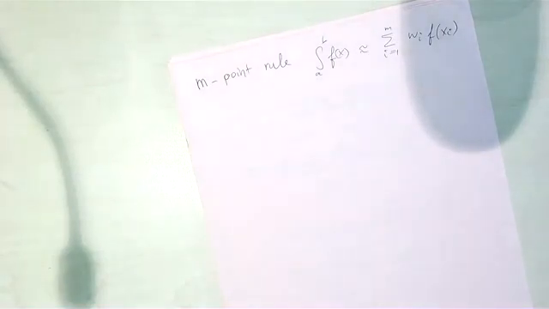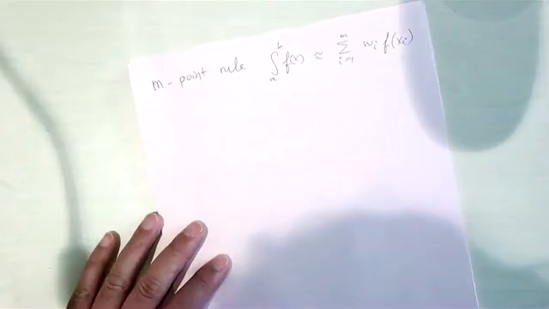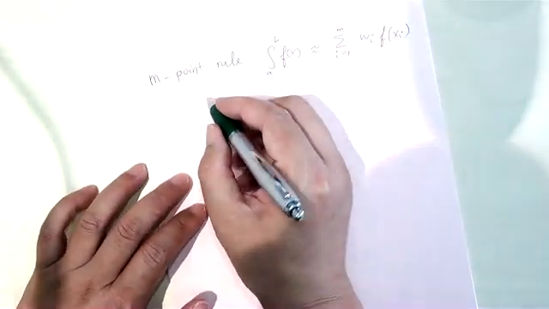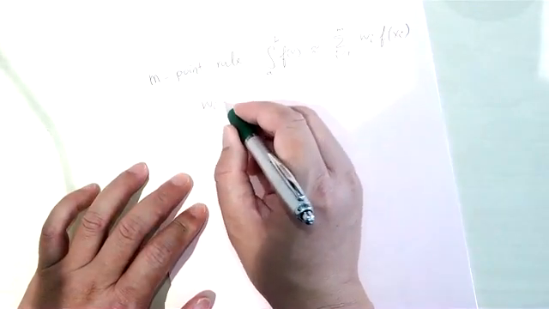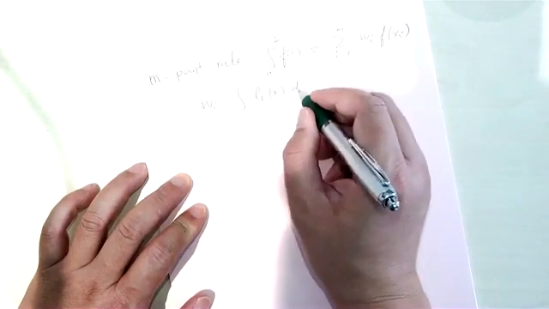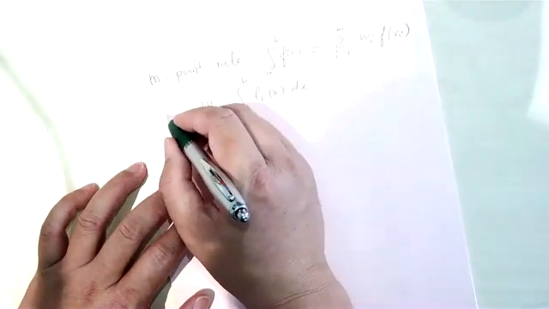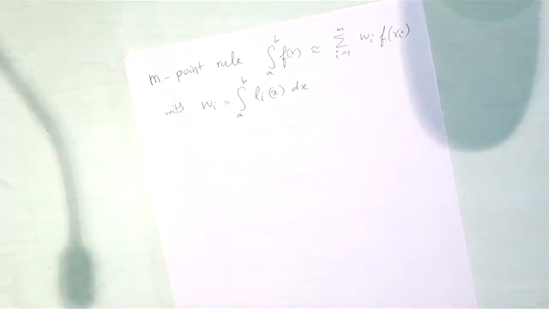You can see it there. So the weight is, in our case, just equal to the integral of the Lagrange polynomial from a to b. Okay? And now what I want to prove is just that the degree of precision is at least m minus 1. Yeah? So I take